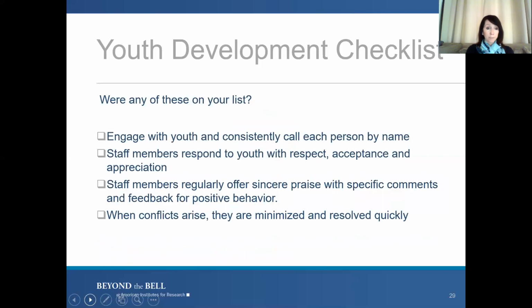So let's see about your list. What did you come up with? These are some things that I came up with regards to some essential traits I would like to see from my staff, and they include